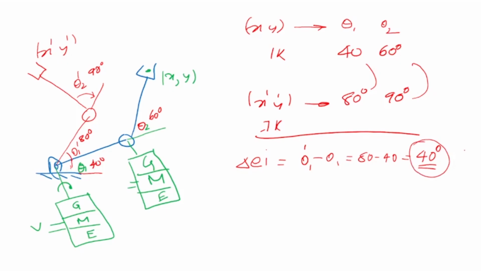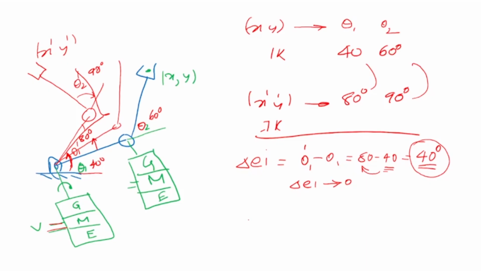So the controller will give a voltage to the motor and the motor will start rotating. If it starts rotating that side, this angle will start increasing. The moment the angle starts increasing, this error will start decreasing. So if del E1 goes towards 0, the moment it becomes 0, it means this value has become equal to that value. The link will start moving like this. The moment it has reached, theta 1 and theta 1 dashed have become equal, so theta 1 dashed minus theta 1 will become 0. And that means it has reached.